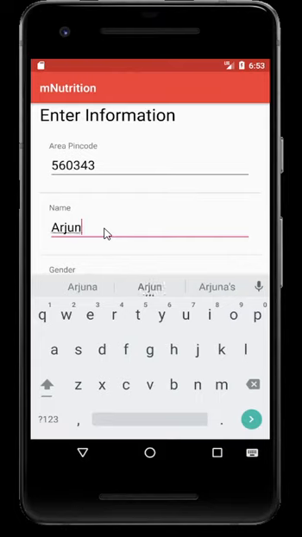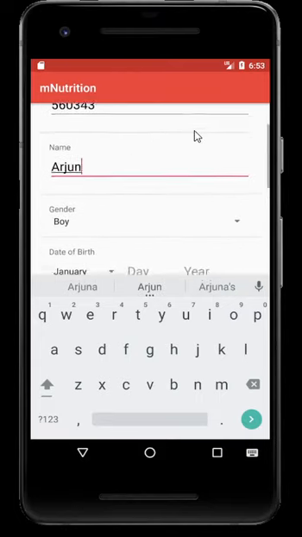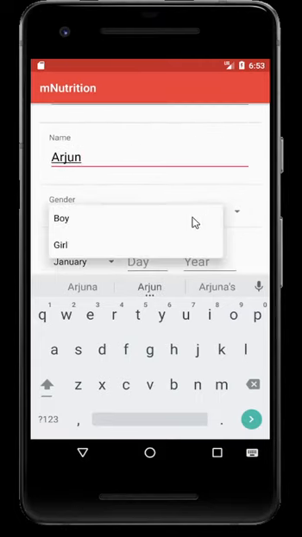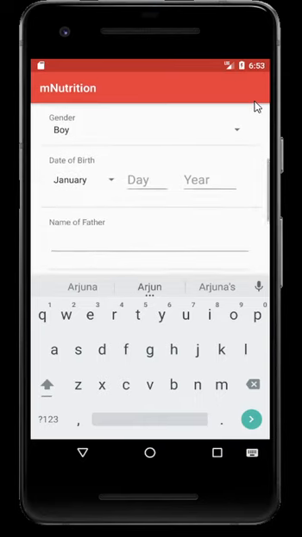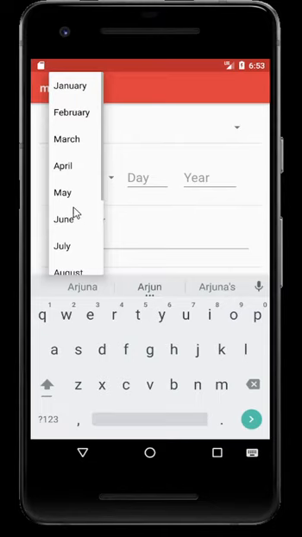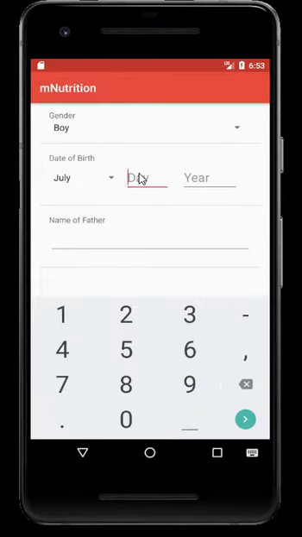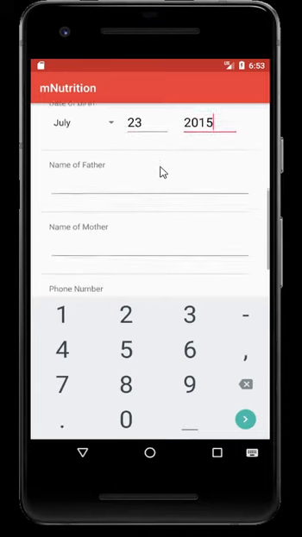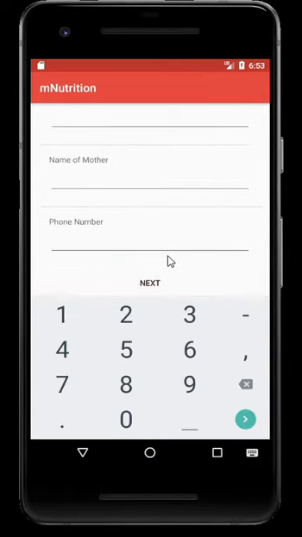So let's go ahead and enter his name. His gender is a boy, so we'll put that in there. His date of birth is the 23rd of July 2015. So let's put that in there as well. So 23rd and 2015. We can leave these blanks empty for now and we'll move on to the next page,